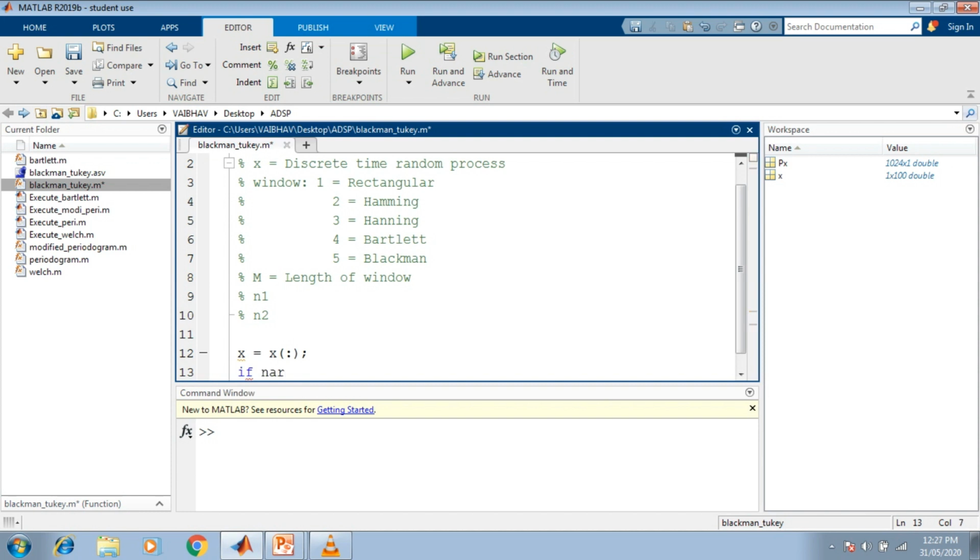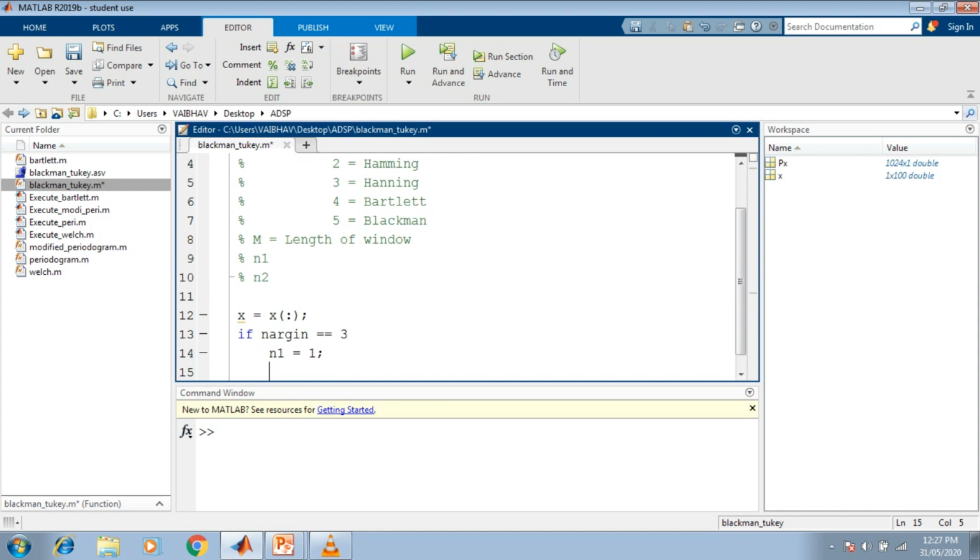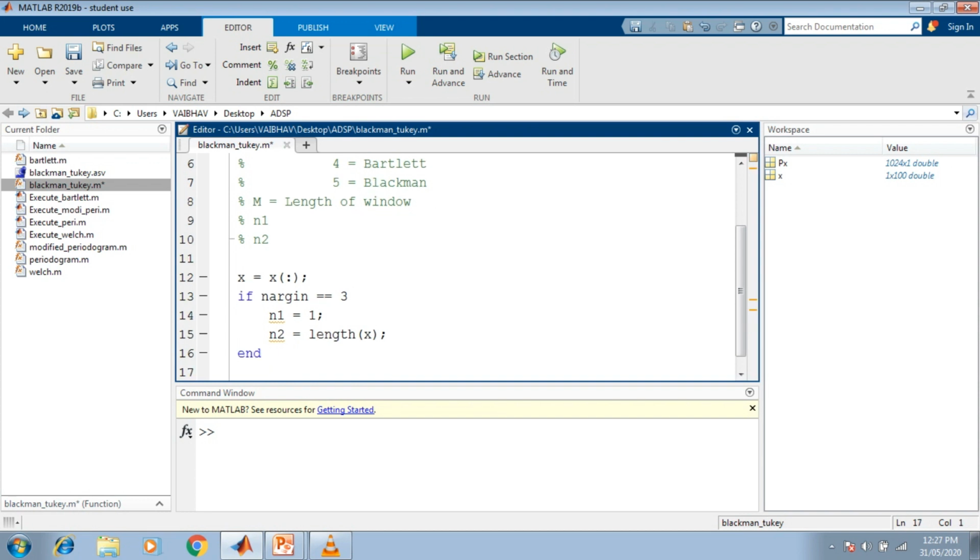So for the number of input arguments here we write nargin, and if we find it to be equal to 3, then n1 we specify with the starting index value equal to 1, and n2 we specify the last index that we can obtain by the MATLAB syntax length operated over the discrete time random process x here, and now we can end this if here.